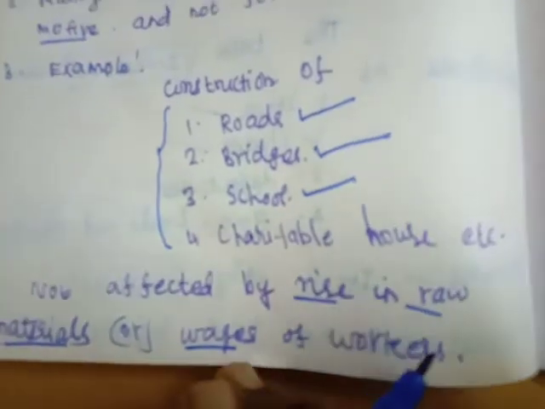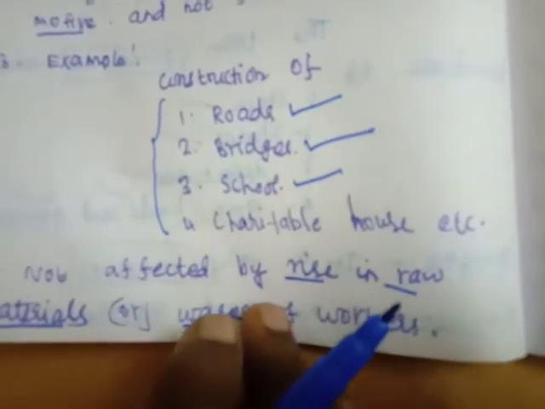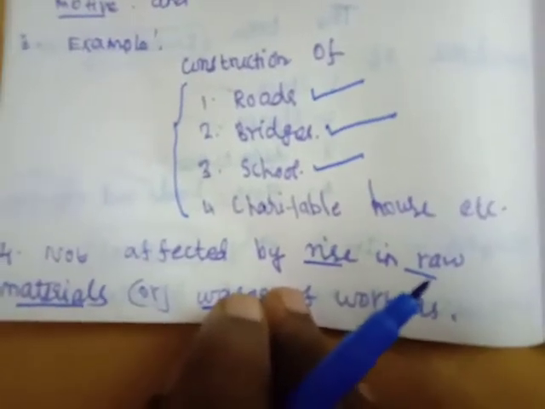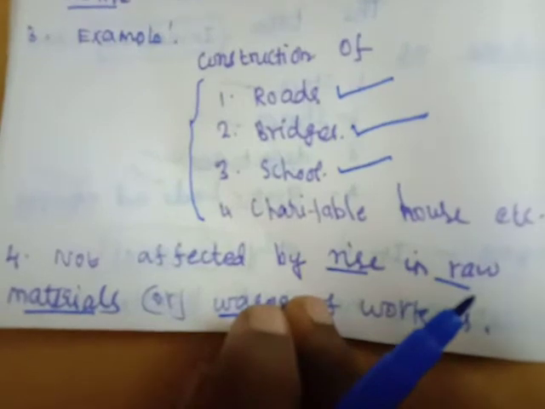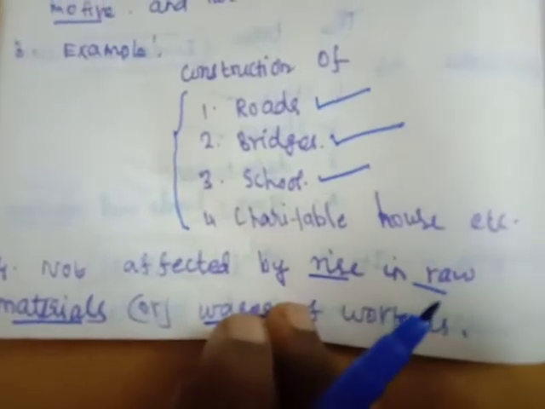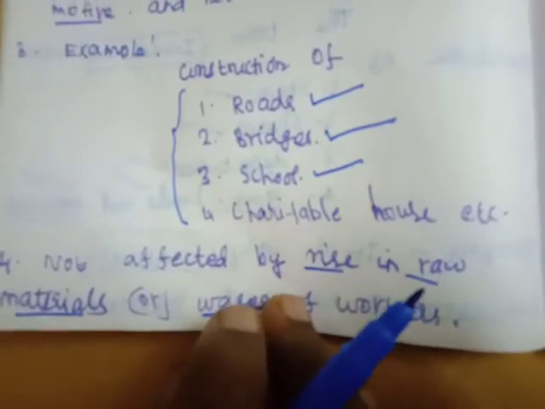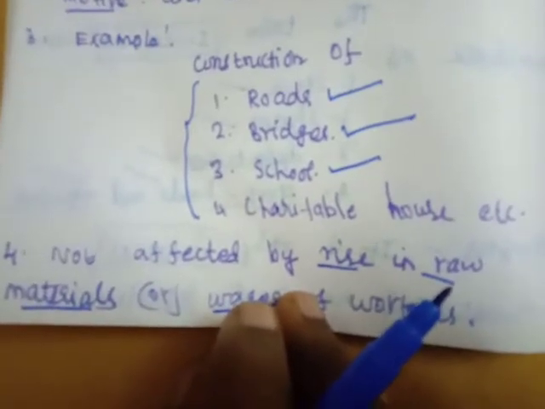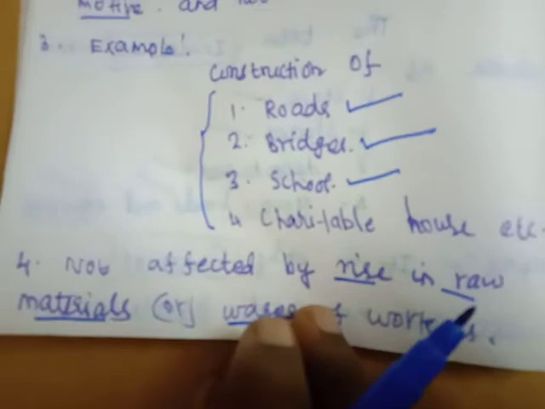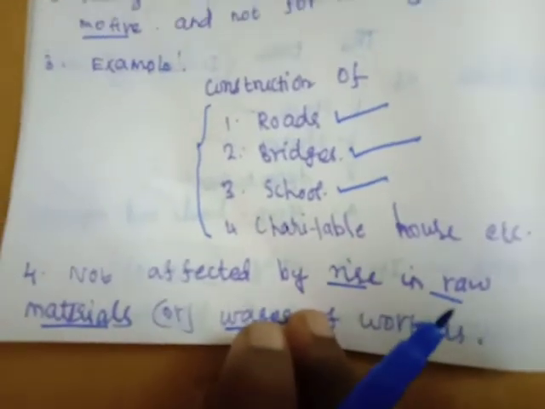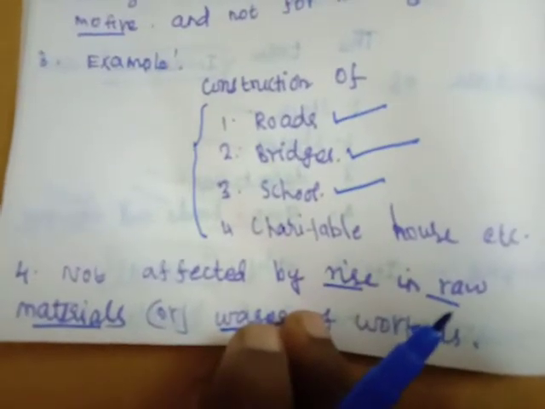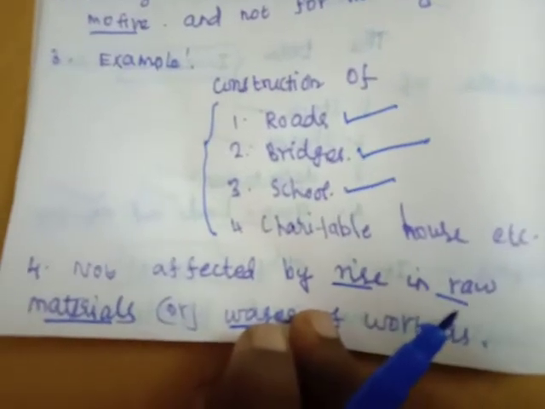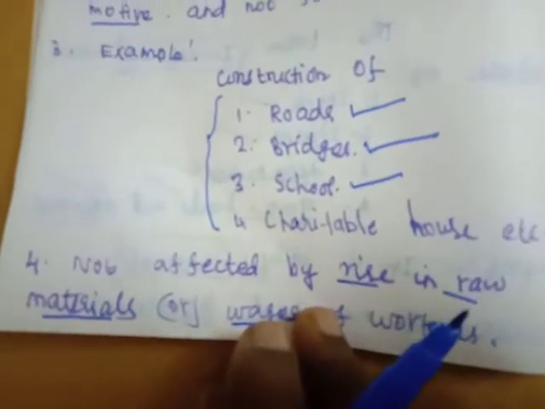The government doesn't worry about the raw material price increasing or the wages of the labor increasing, but the main motive is to give social welfare to the people, even for schools, colleges, charitable causes. For example, any investment made by the government, especially in a mixed economy or a communist country, they don't worry about profit. They aim for maximum social welfare of the people.